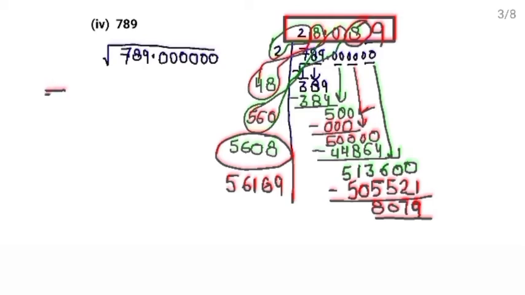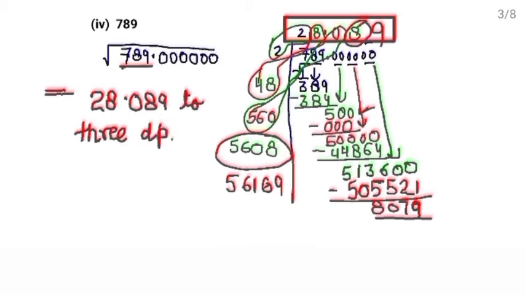So when you have found the square root of 789, you have found 28.089 to 3 decimal places. This is up to 3 decimal places, but in the question they asked near to the 2 decimal place. So you will round off at this place of decimal. That means 2 decimal place. Check the right digit. Right digit is 9. That means greater than 5. So we will add 1 in it, and this will be replaced by 0.